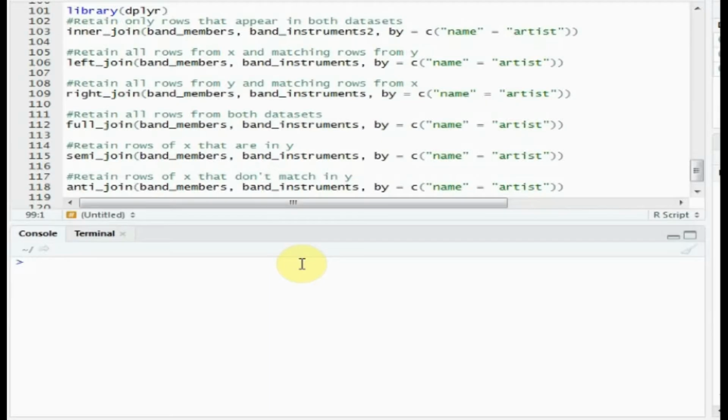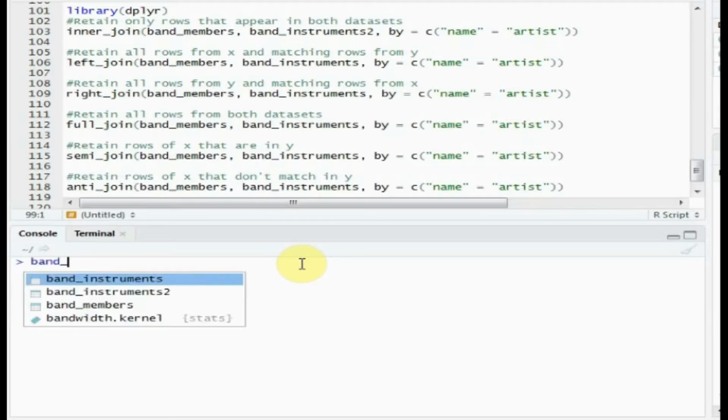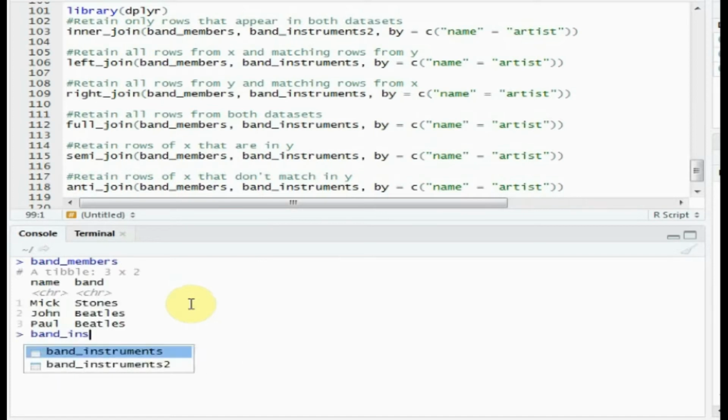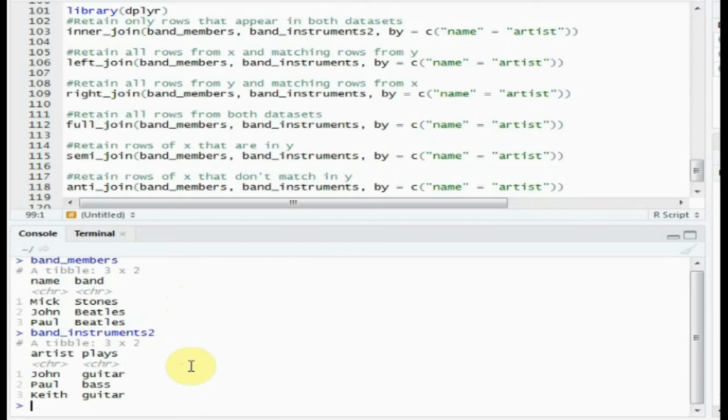So I'm going to discuss two inbuilt datasets, band_members and band_instruments2. It has information of band members from the Beatles and Rolling Stones. The first dataset, band_members, has information on who belongs to which group, and the second dataset provides information on who plays what instrument.